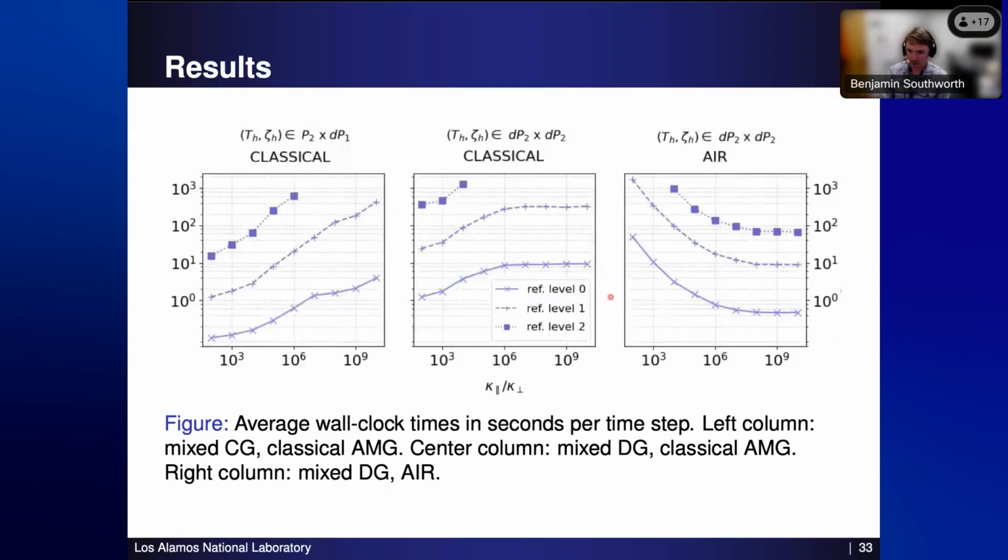And so we have similar plots for wall clock time. This is wall clock time again for the same classical AMG on the left, and then AIR on the right. Just for a ratio, we were about 45 times faster in wall clock at this second refinement level than either of these other two approaches to get a solution with good accuracy. It will probably continue to increase as we continue to refine the mesh, because the scaling of these other methods is much, much worse than the scaling of AIR. Our scaling is not perfect, but it's not too bad.